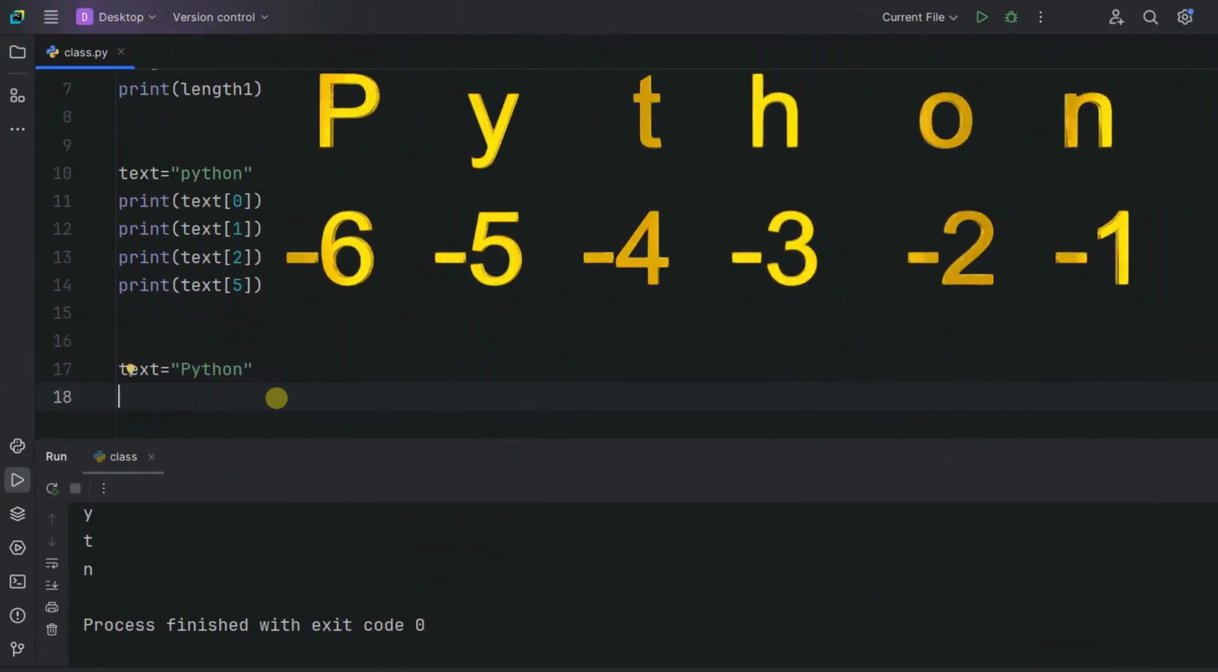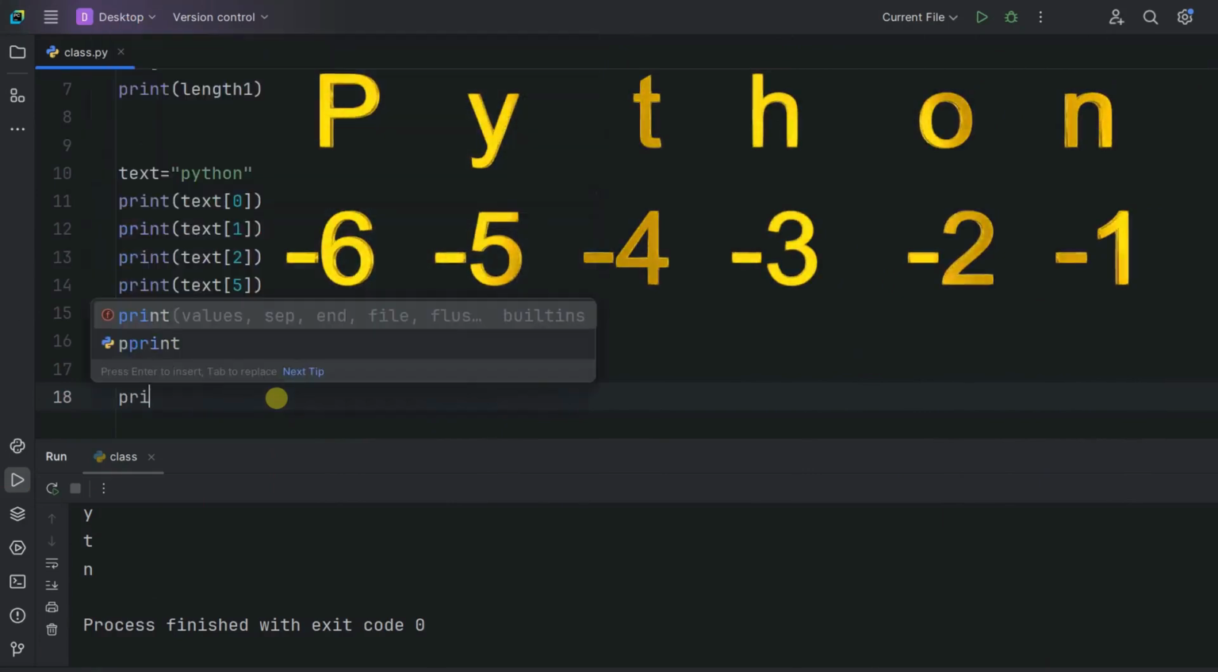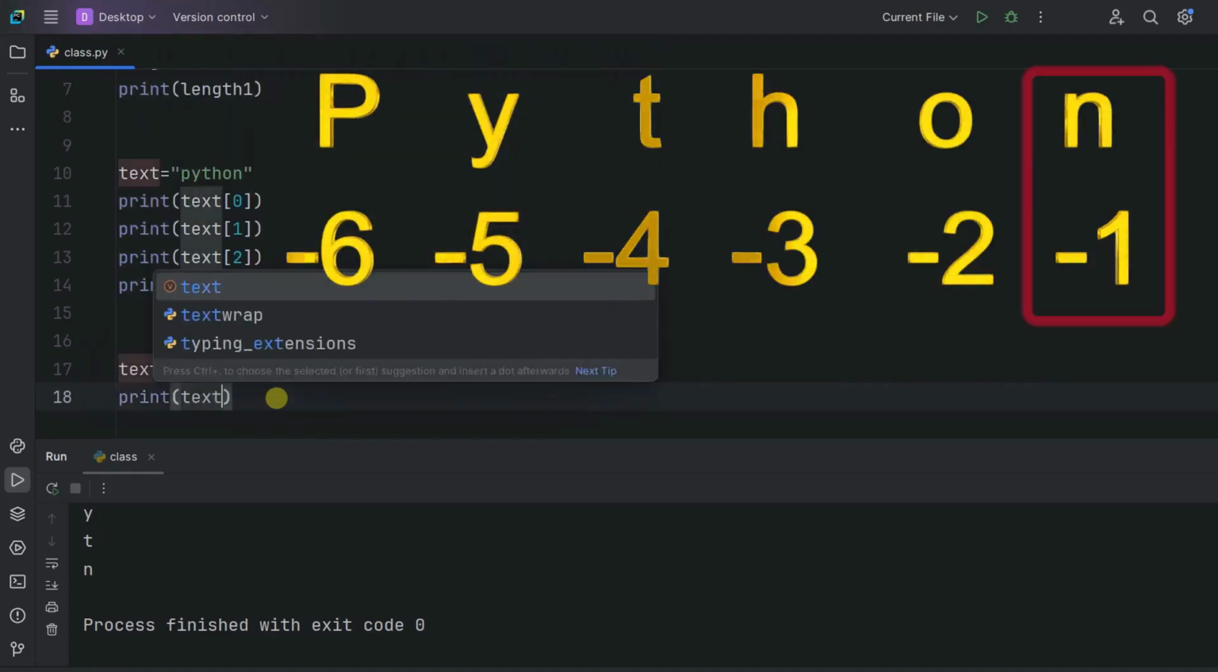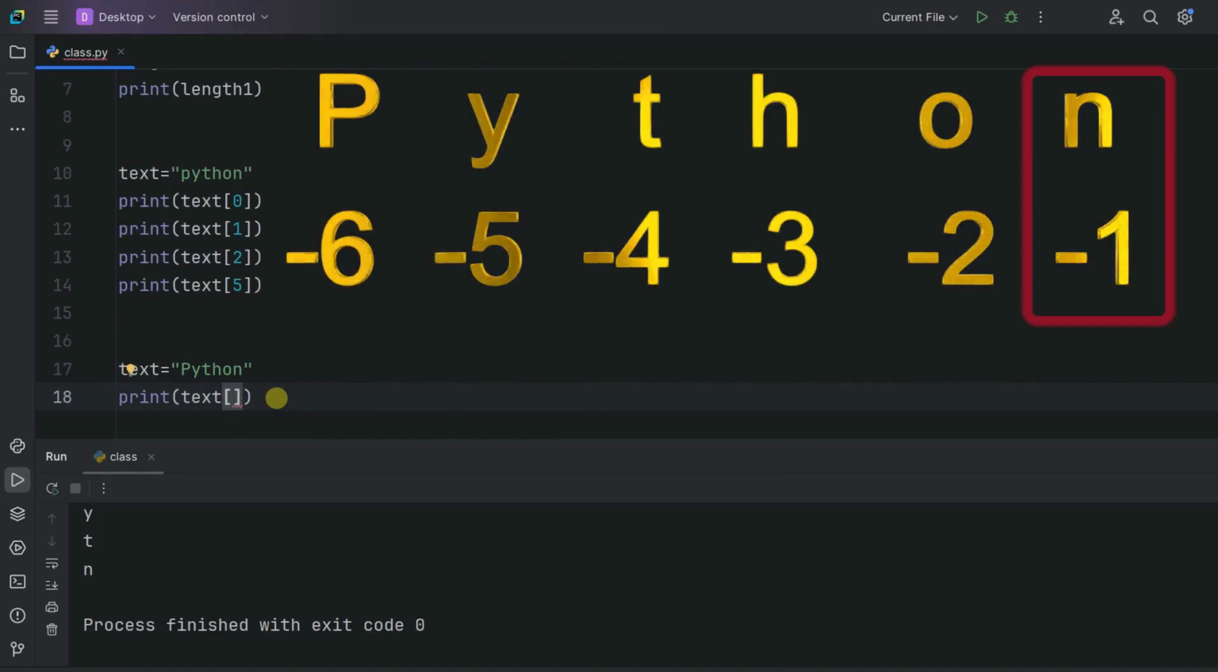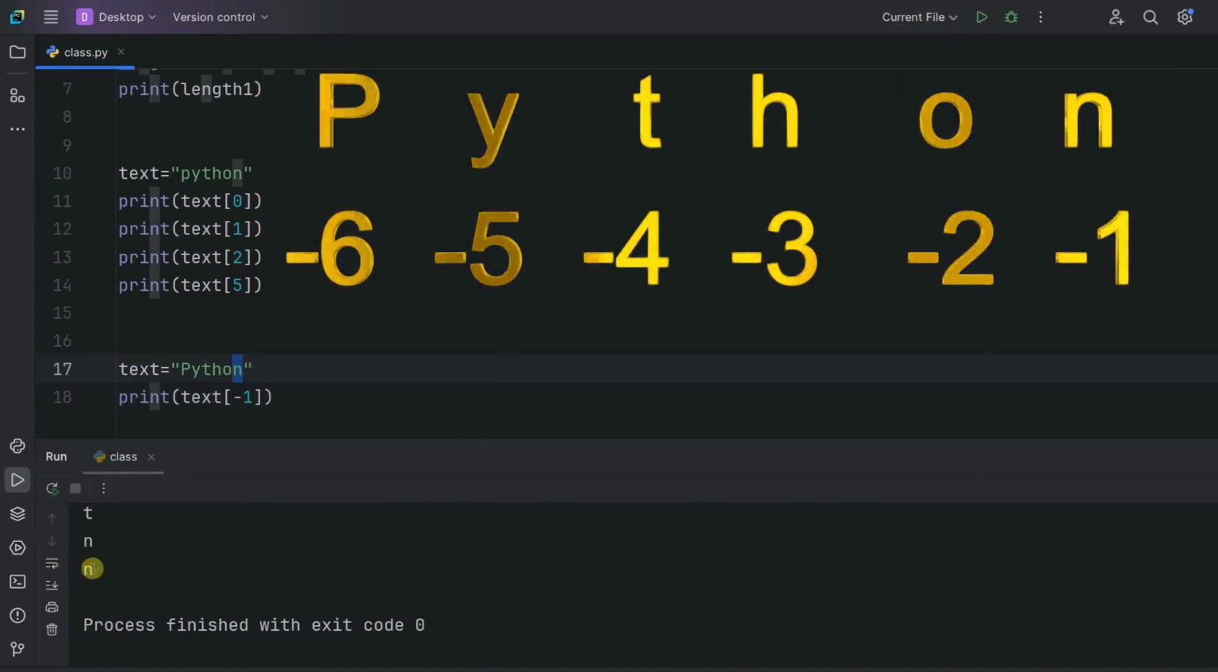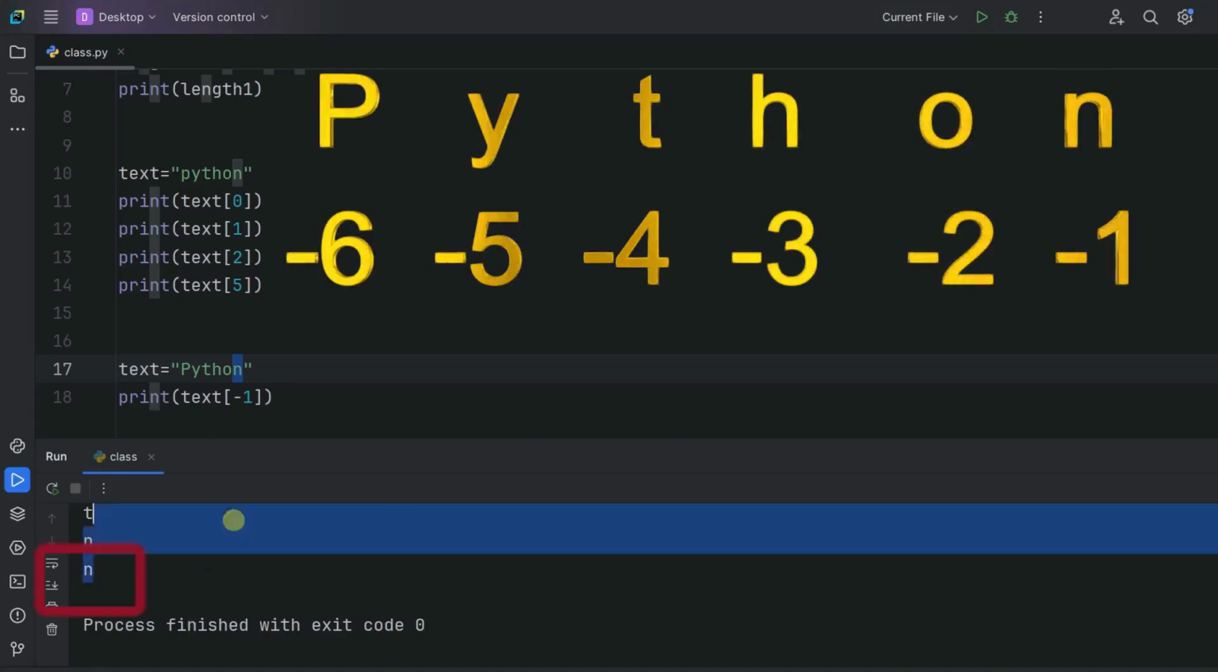To access the last character using negative indexing, I will write print and then parenthesis. Inside the parenthesis, I will write my variable text and then square bracket. Inside the square bracket, I will write -1, where -1 refers to the last character. Then I will click the run button. After clicking the run button, you will see that n is displayed on the